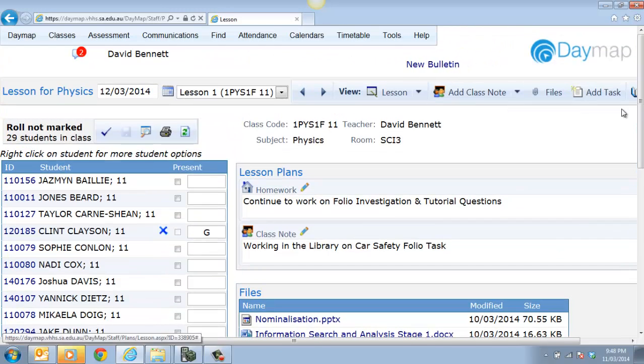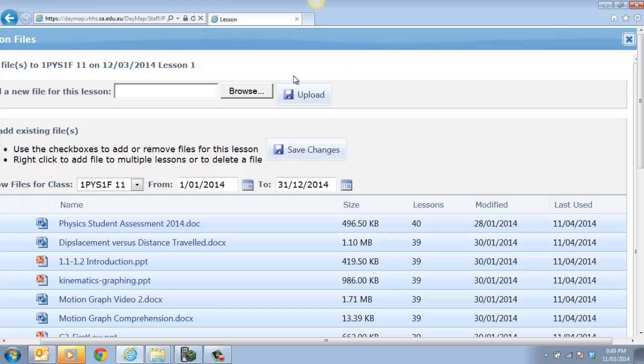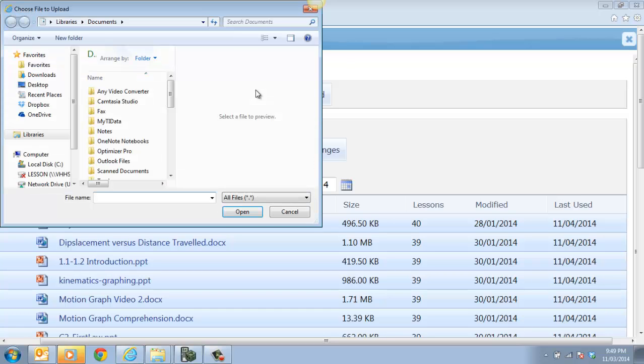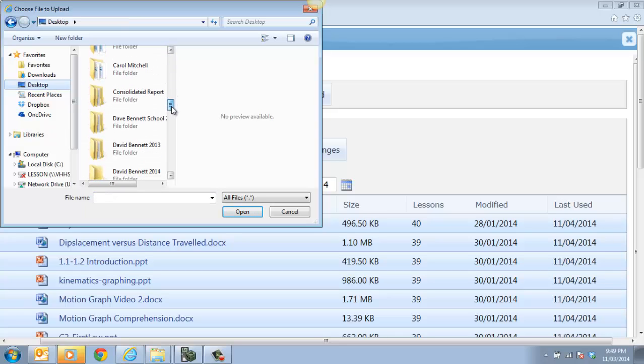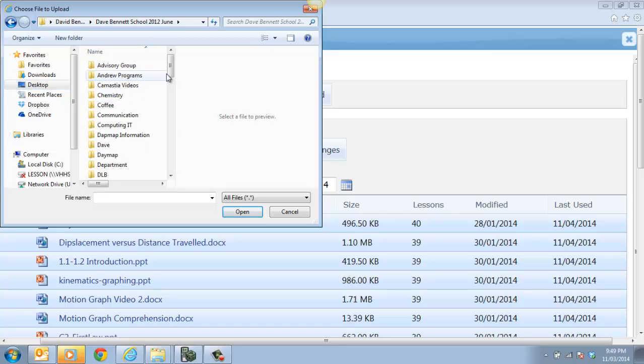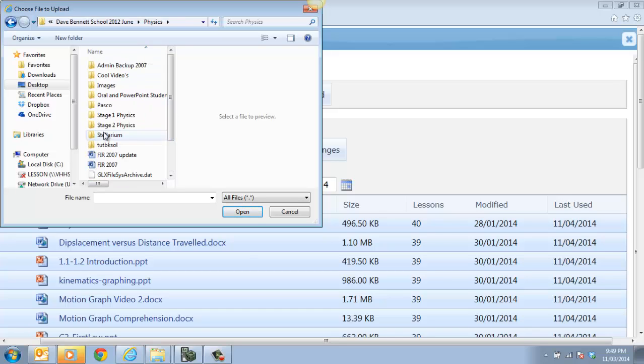So the first thing is if I want to add a file, then what I need to do is go over here, click on File, and if I then click on Browse, what I can do is go and find the file that I want to put on there. So let's go to my folder and I'll find a file that I can put into this particular class. Alright, so Year 11 Physics,